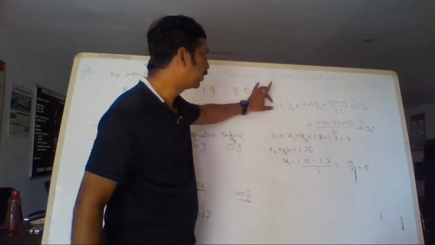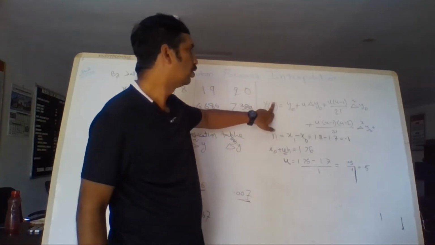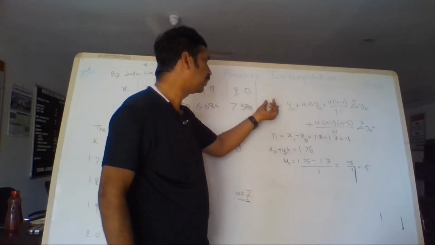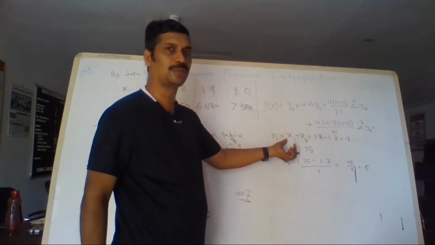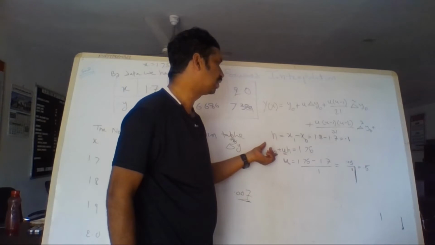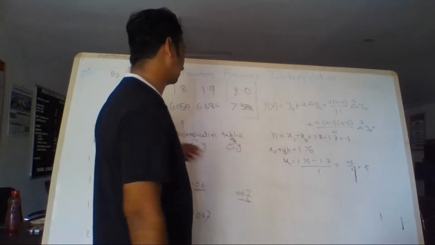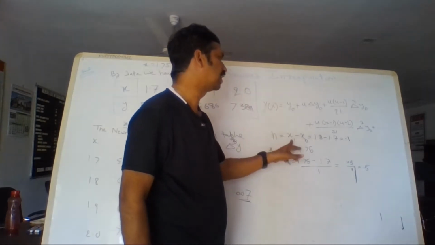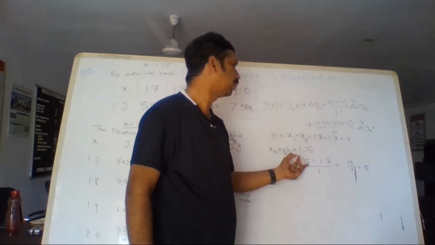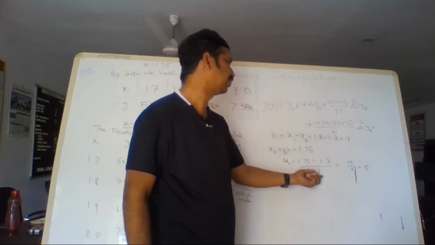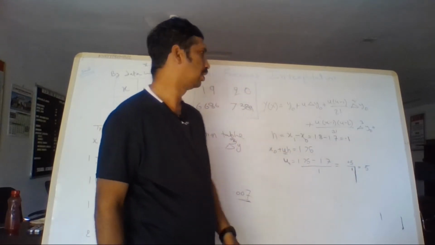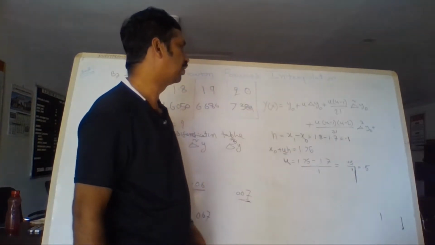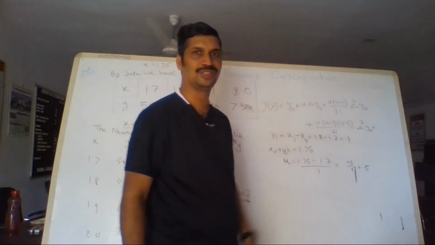Here we have to compute the value at 1.75, x equal to x0 plus uh. x naught is the starting value, x naught equal to 1.7. h is the difference between any two successive x values, x1 minus x naught, 0.1, that equal to 0.5. Now we will compute the value of y of x. Just substitute these values here.